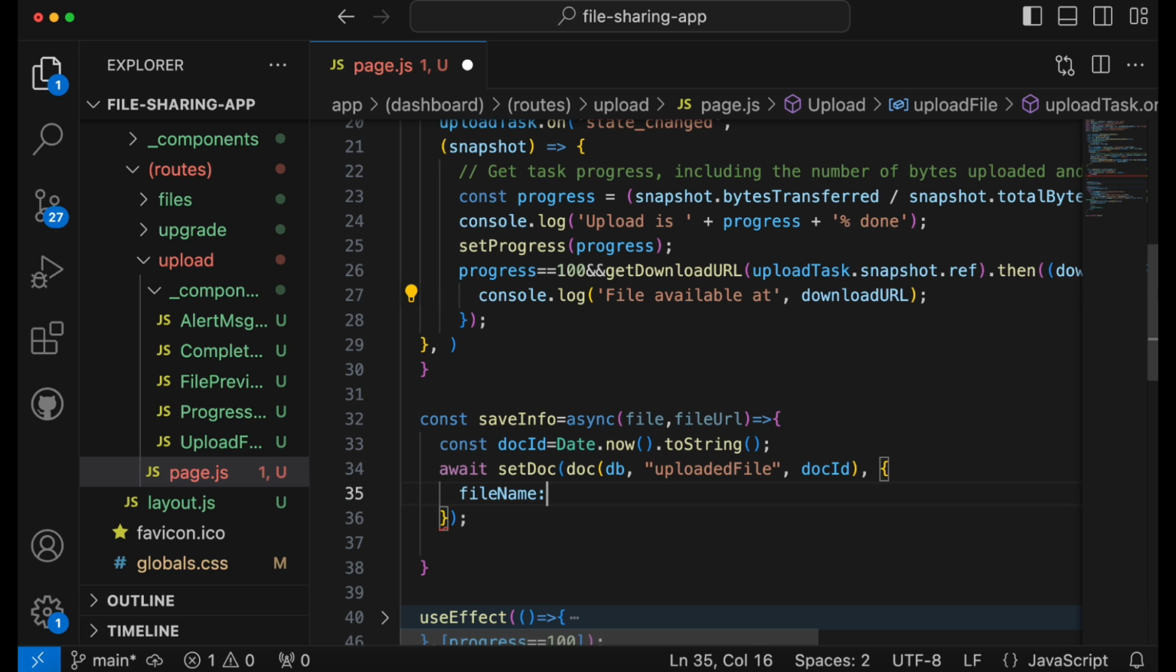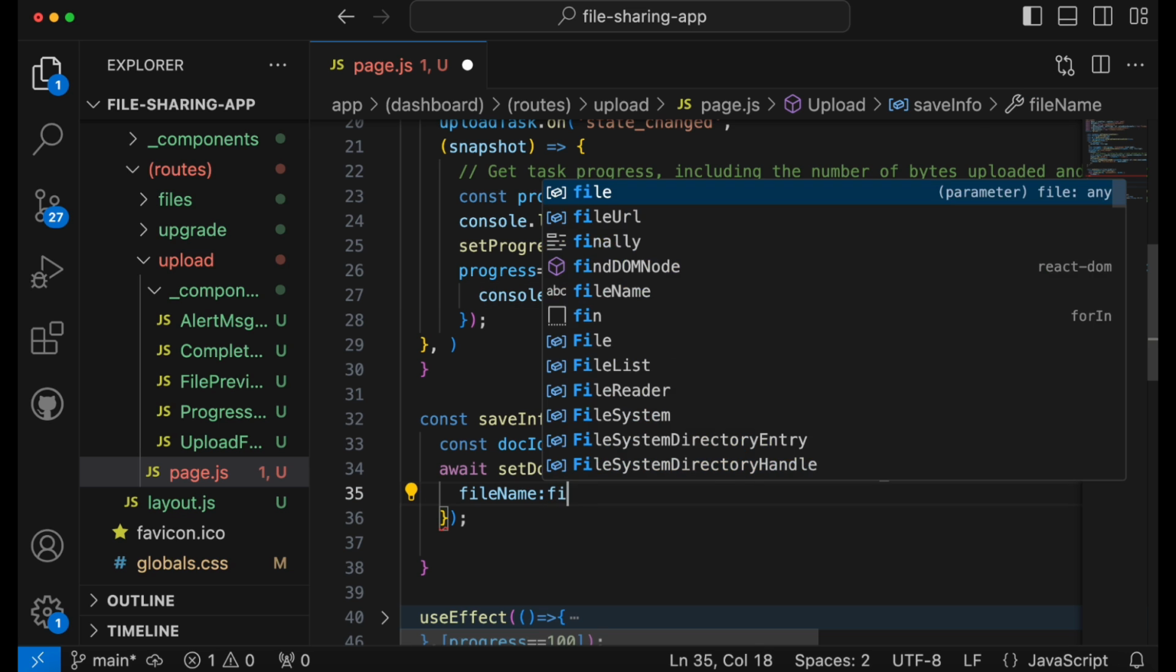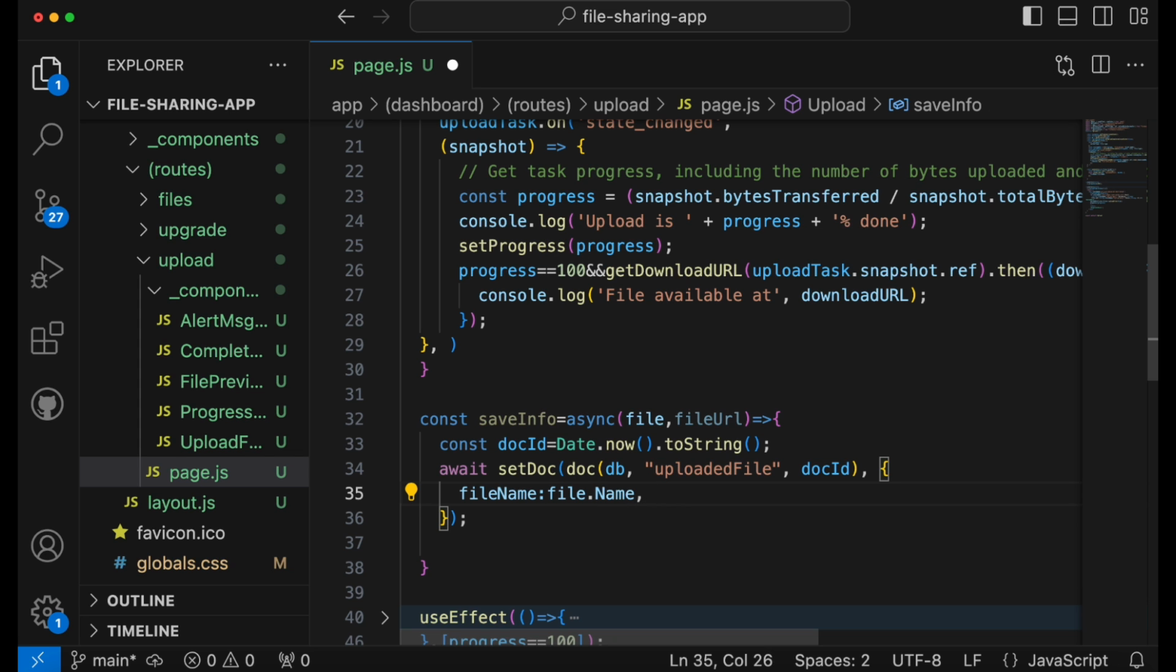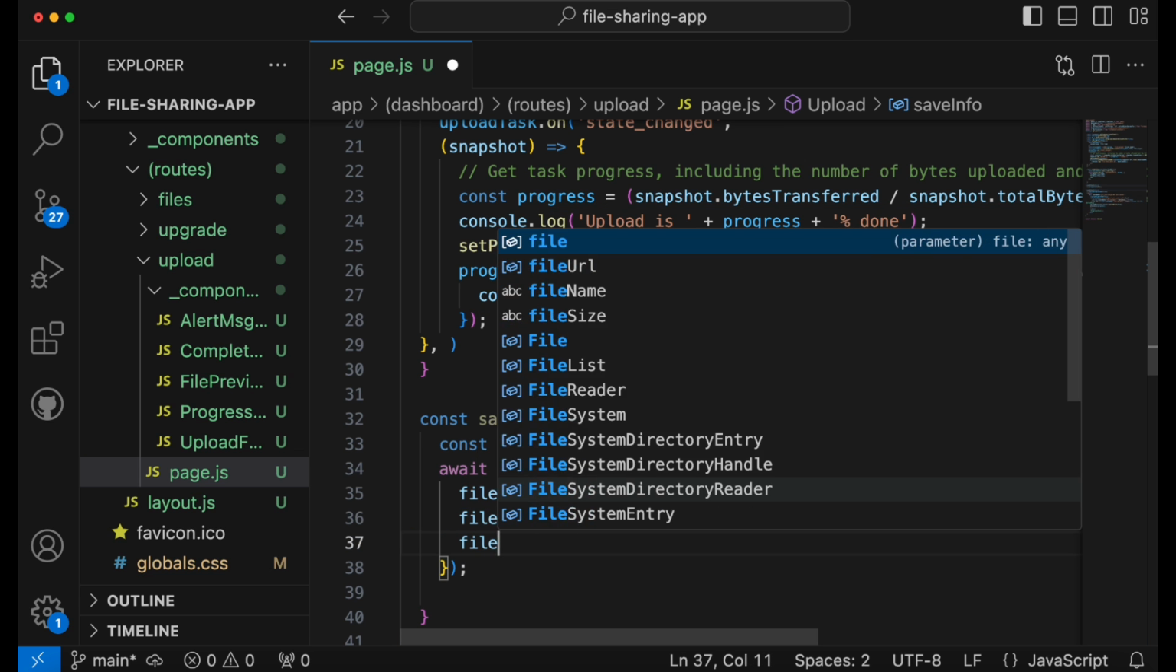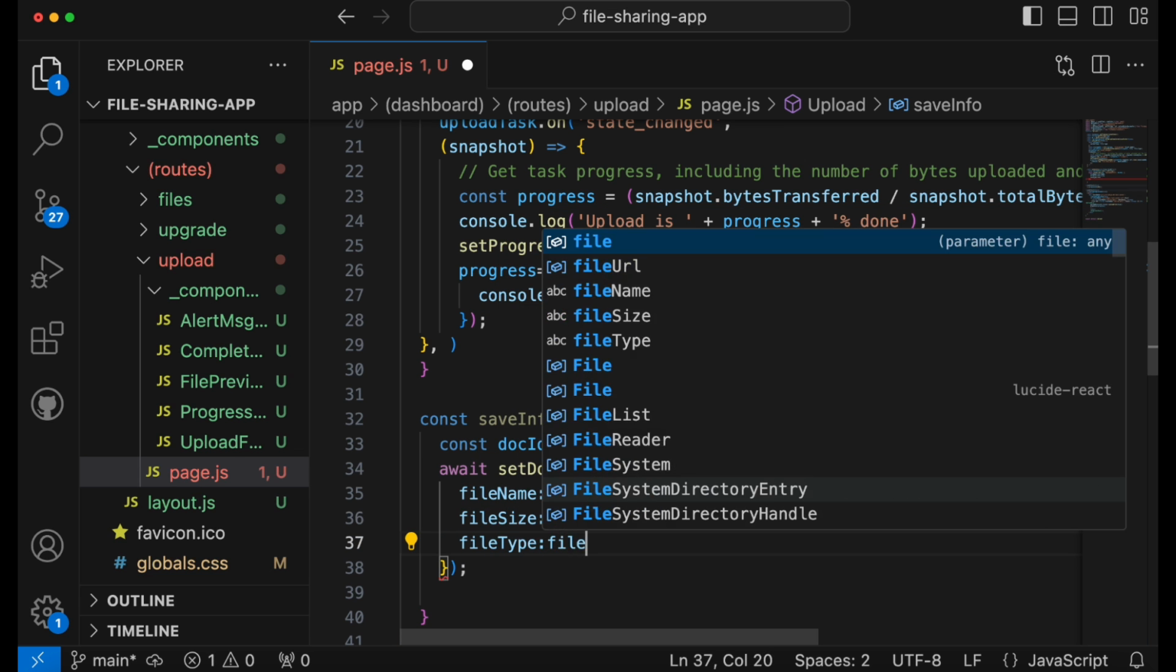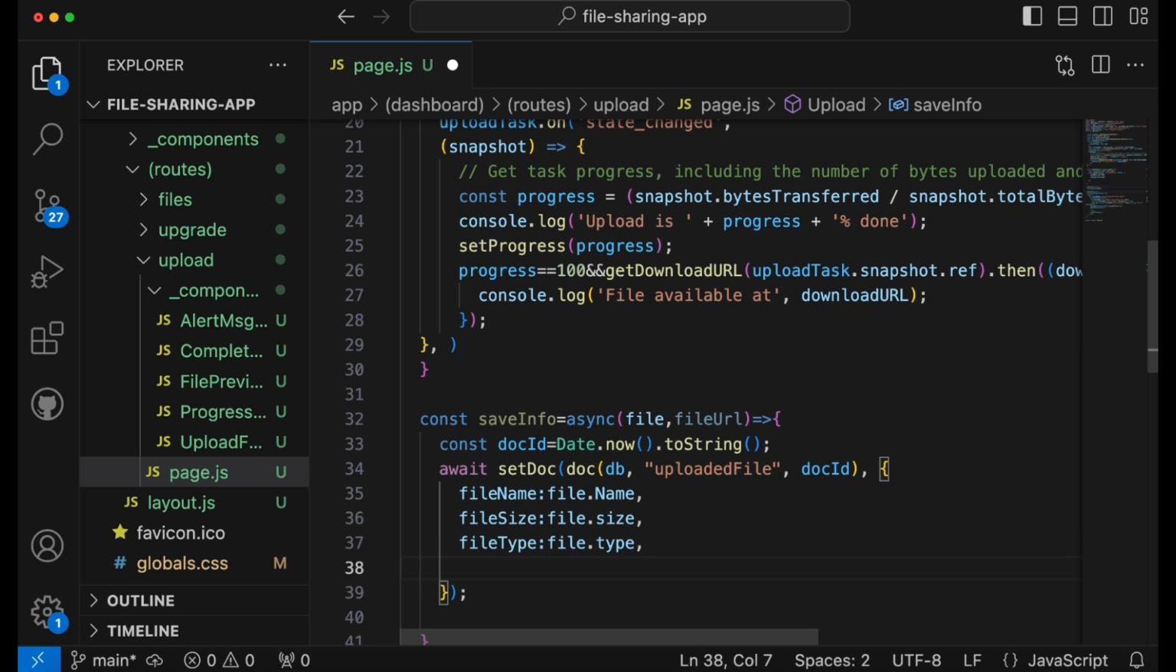Now let's add file.name, comma, then we have to add file size, so I will add file.size, then file type, so it needs to be file.type. Then we have file URL, so this is the URL. These are all the information which we are getting from these files when we are starting uploading, and this URL we are getting from this download URL. Once we upload the file,